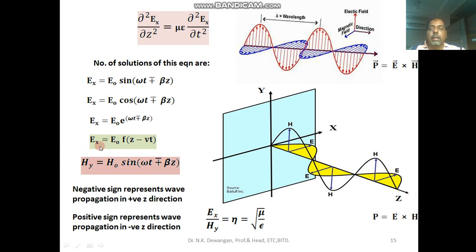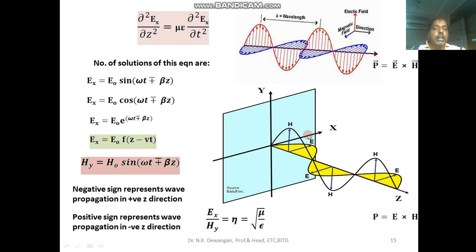But there is a certain relationship between the electric field and the magnetic field. Suppose we are getting only the x component of the electric field, then we will not get the x component of the magnetic field. That's why I have written the y component here. And you can see that this is a uniform plane wave. E and H lie in this plane, and it is moving towards the z direction, and E and H both are perpendicular.